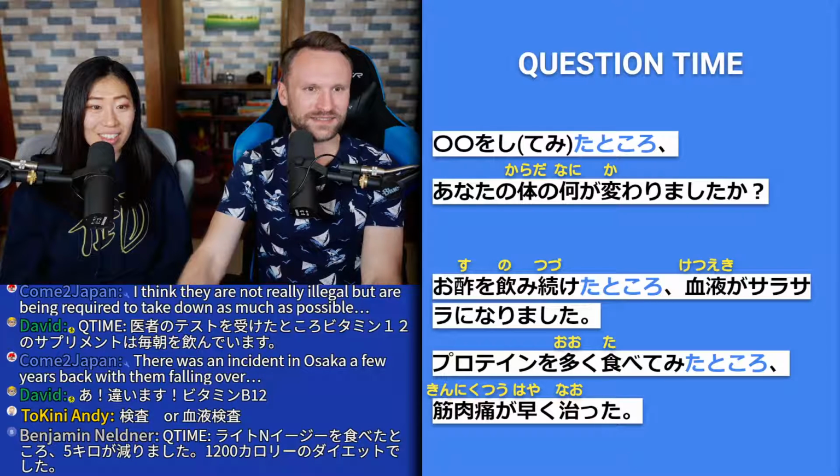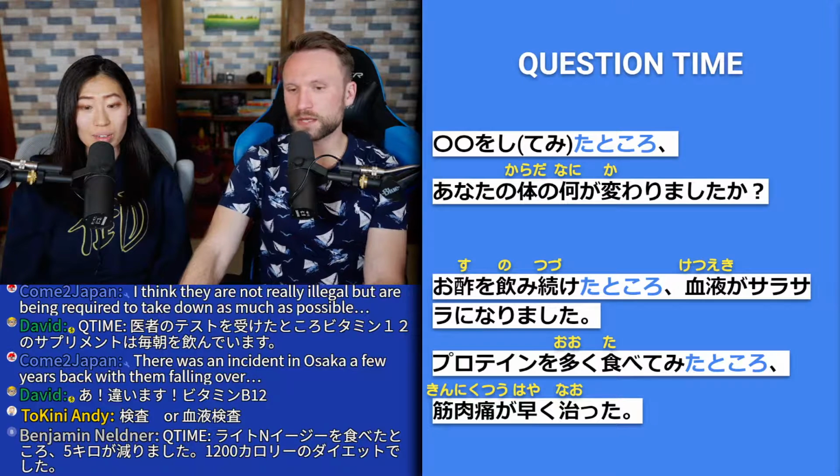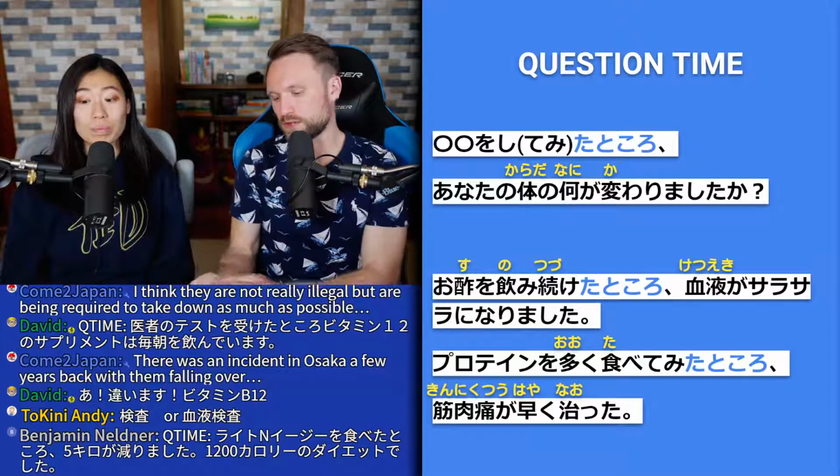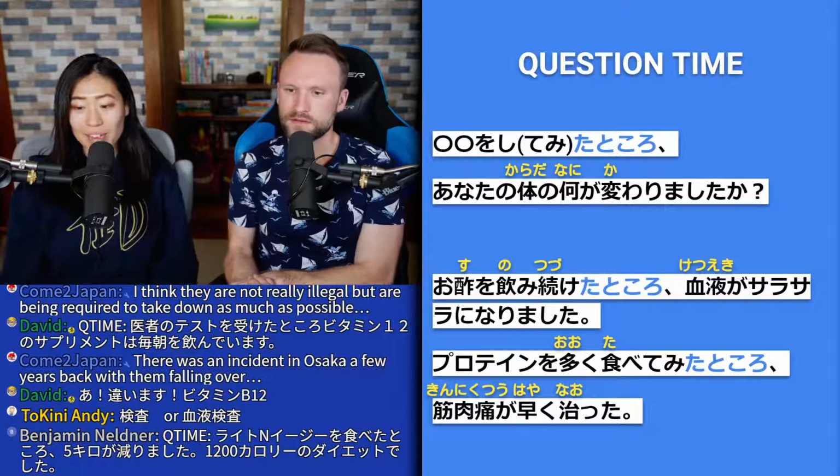Light and easy is a type of meal pack. Light and easy is a company that makes this kind of food. なんかダイエット系な食べ物を作って送ってくれると思う。